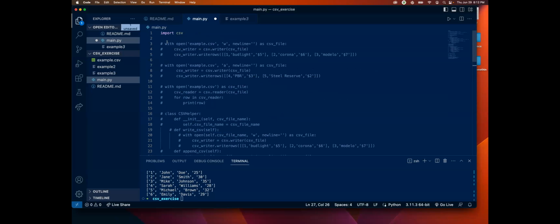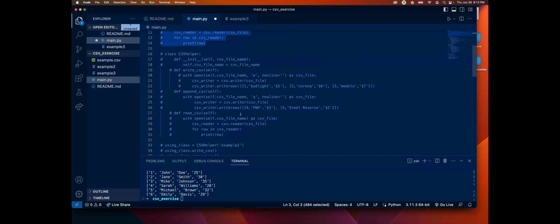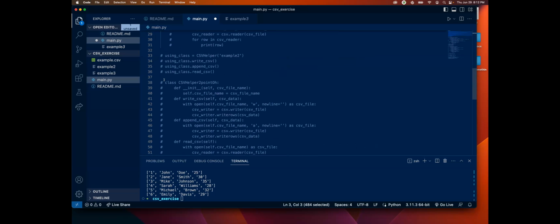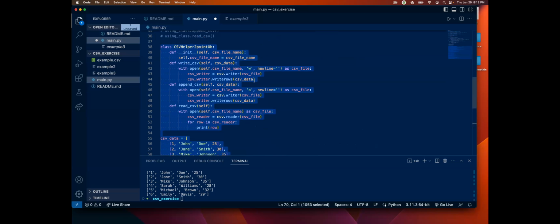All right. The first bit of code was just checking that I could write, read, and append correctly. Then I put it in a class called CSV helper, and I got that to work. After that, I tweaked it a little so that in the init of the CSV helper, you can pass in a file name, wherever you're going to write the new file,